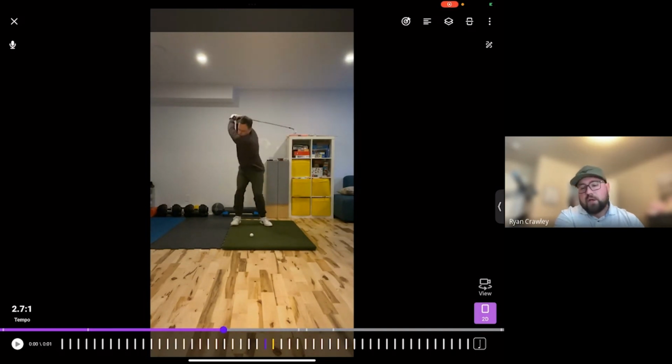So based on the ball flight, we have an understanding: okay, club path is getting a little bit too far inside. Face is getting left open at times, but also times he's actually closing that face a little too much, which is causing some issues. Based on that information, I think all of us coaches could find something in his golf swing that maybe we didn't like. And that's where I think 3D is really, really powerful: okay, what is the issue that you see as the coach? And then what number can I pull up